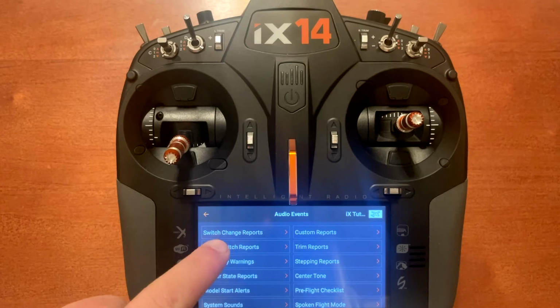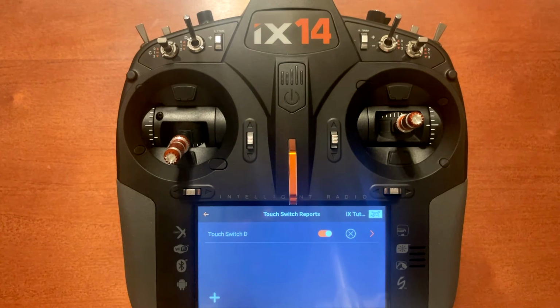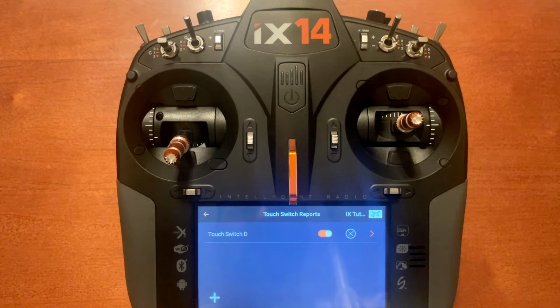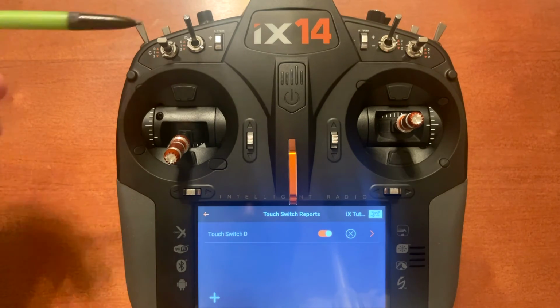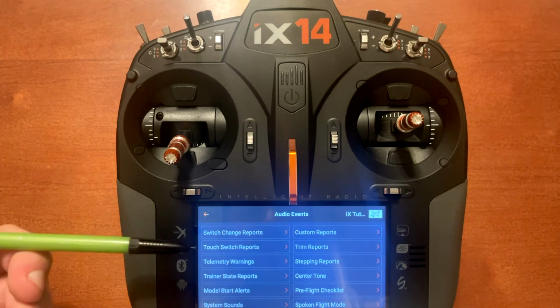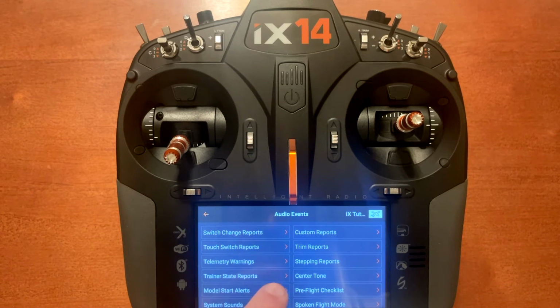Touch switch reports. This is so you can go in and touch a particular switch and it will call out the position that it's in. So you can just touch it like that and it's going to give you the callout that you have set up for that position of the switch. That's also different from the switch change reports. You've got